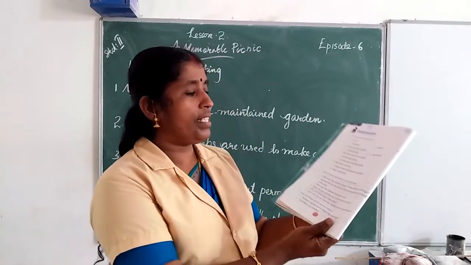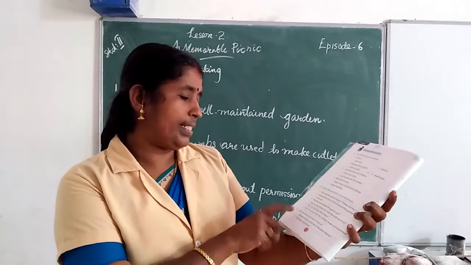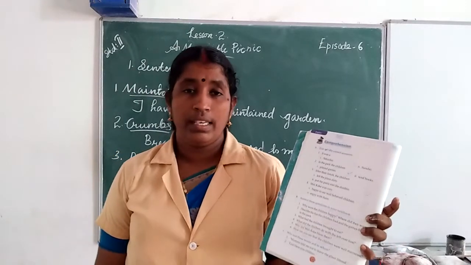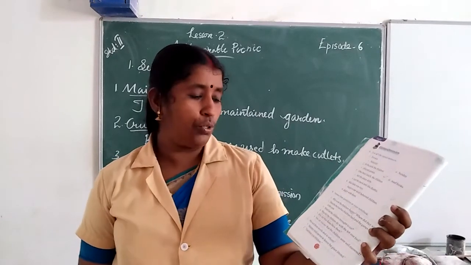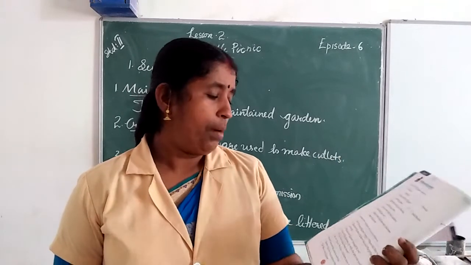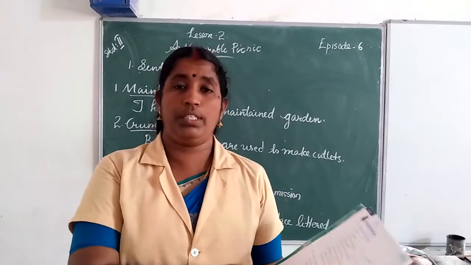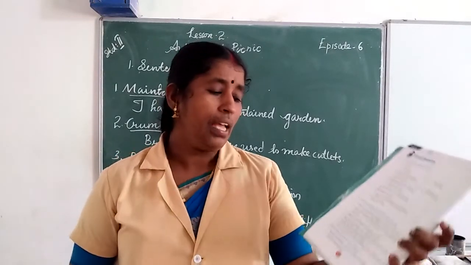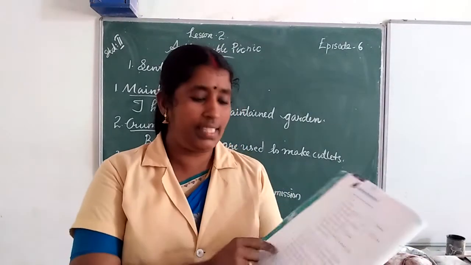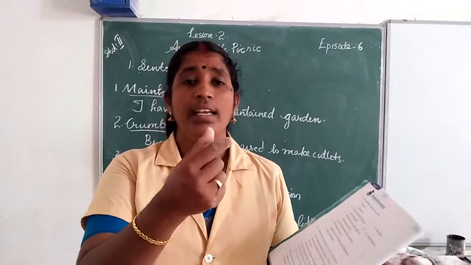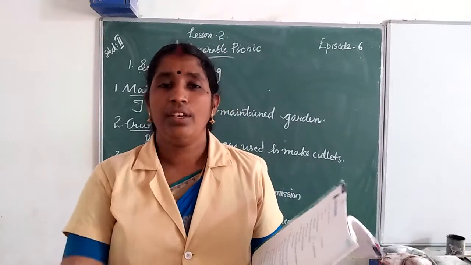Comprehension B, answer these questions in your notebook. The question answers we will send you in WhatsApp, and then see who said these words to whom. Here are two sentences. First one, Mummy told me not to leave the place littered. In this story, there is a mentioning of this sentence. Who is the owner of these words, and she said these words to whom? Okay, you know the answer.